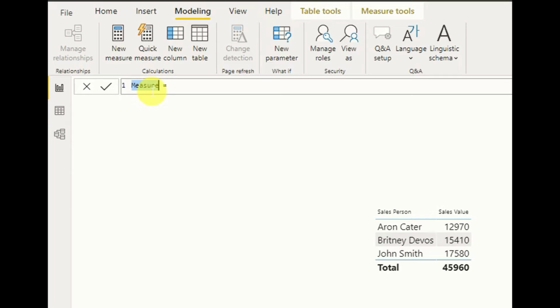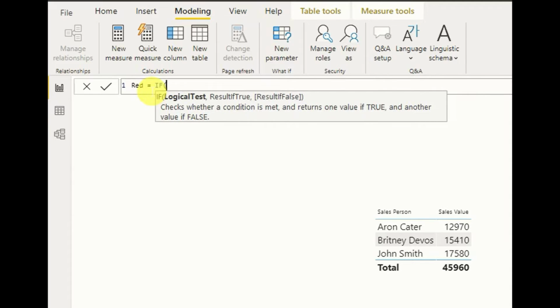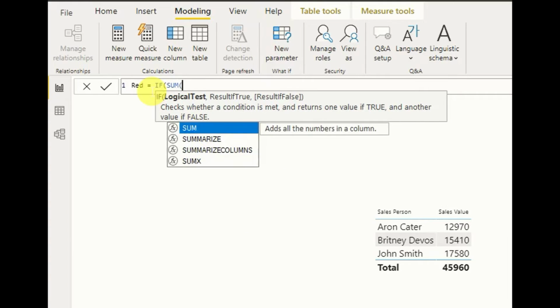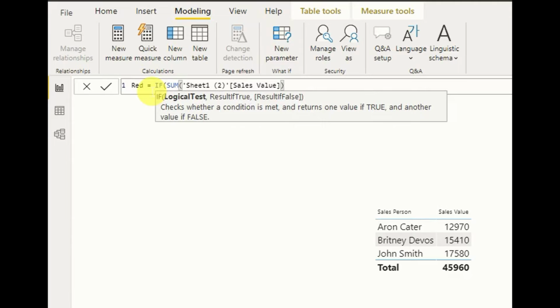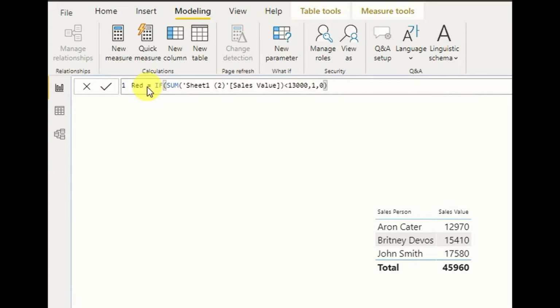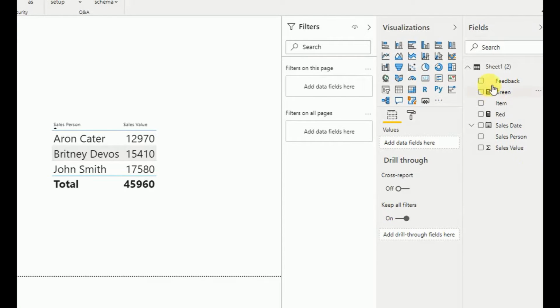I call it red: if the sum of sales value is less than 13,000, it returns 1, else 0. So here I just added two measures. As you see in my fields section, now these two measures are there.